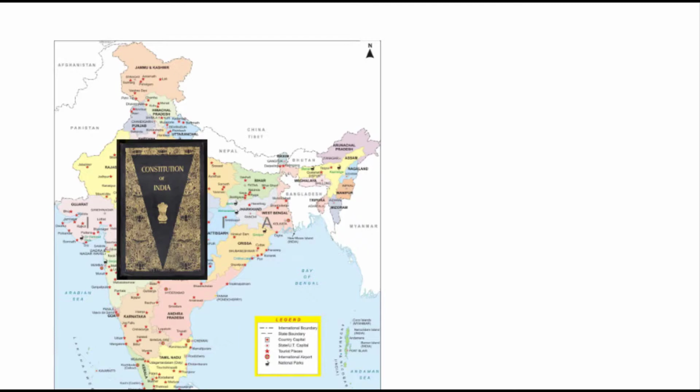Now imagine, what if the Constitution all of a sudden disappears? Then the sovereign democratic Republic India as the welfare state will also disappear. What kind of a state is India? India is a welfare state. So therefore we can conclude. And how is it functioning? It is functioning as a welfare state because of the constitution.